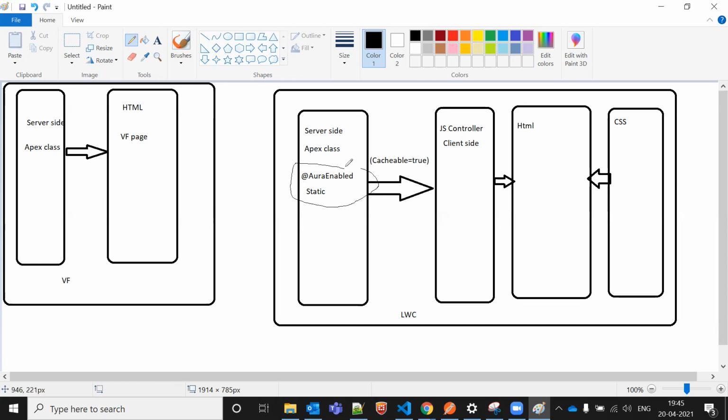If I'm using AuraEnabled, then I can access this method on the JS side. If I mistakenly forget this, it won't be able to read our method. So this is an annotation in the Salesforce Apex class.